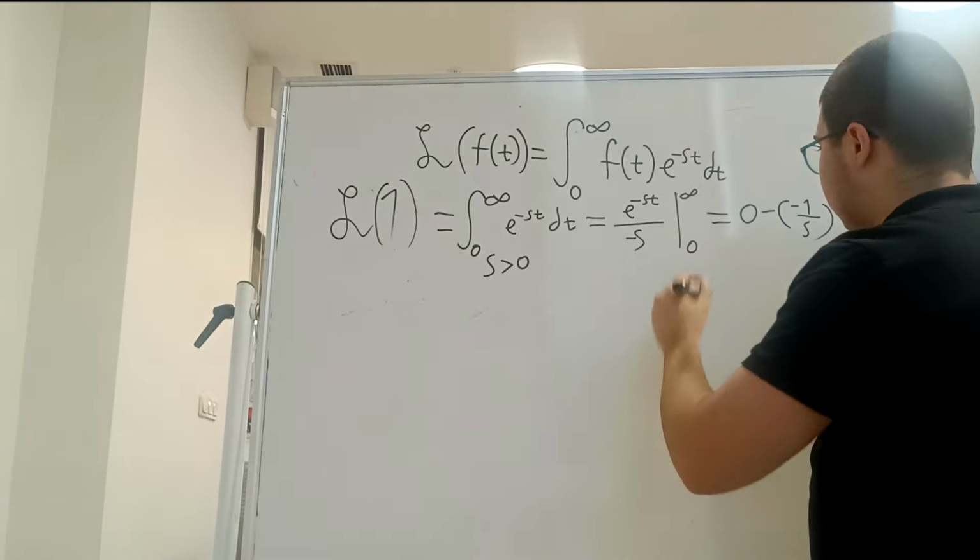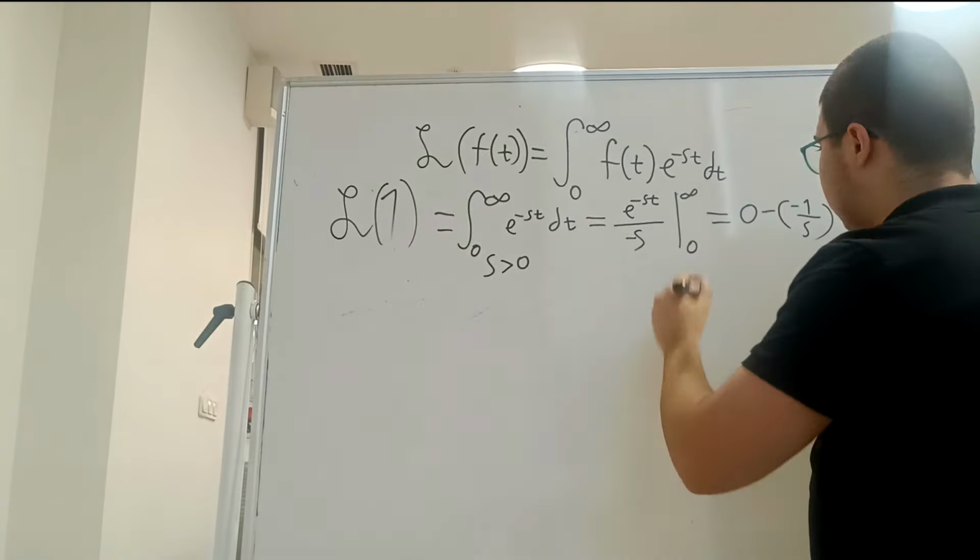If you wish, you can evaluate this integral, but I'm not going to, because there's a much easier way. So I'm going to write the expression inside this integral: e to the at times e to the minus st. If I combine the exponents, I get e to the